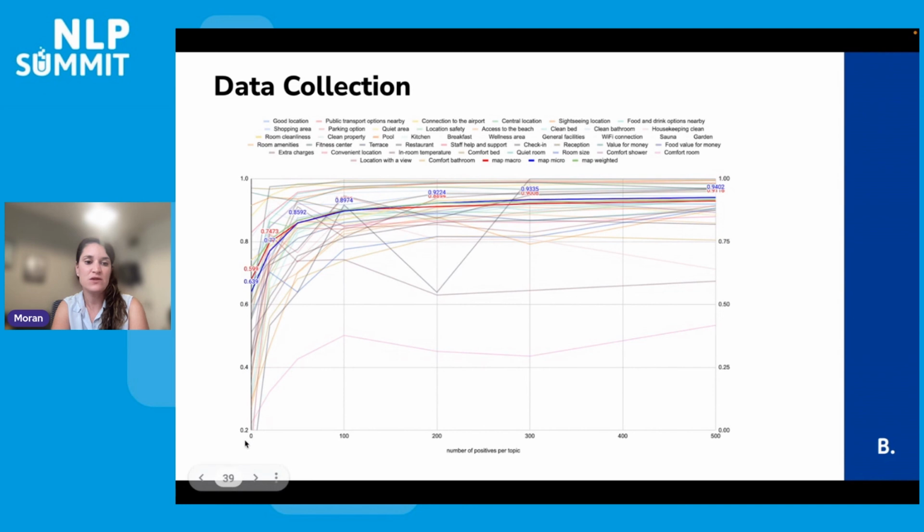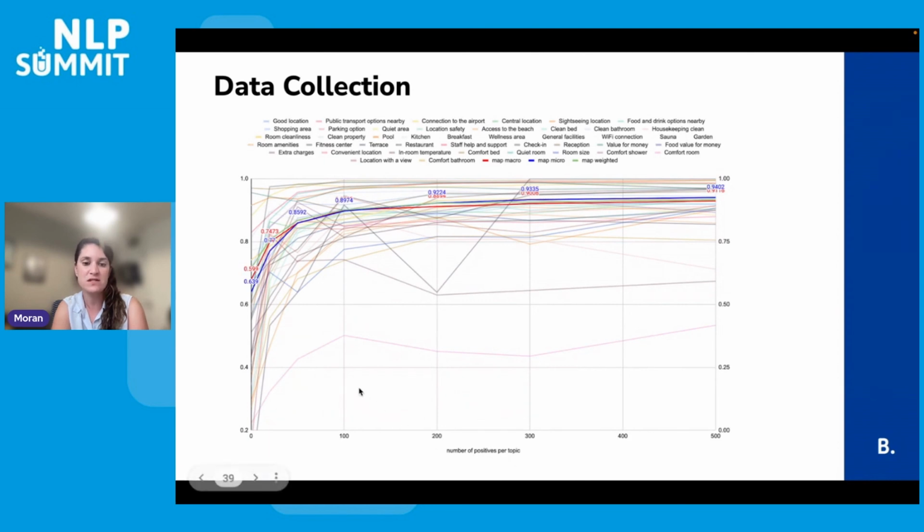With zero, like an unsupervised approach, we can get the result that I showed you in the two previous slides. But as we got more positive samples and more annotations, the curve is increasing, but we get some flat area. And this flat area shows us the number of enough positive examples per topic.